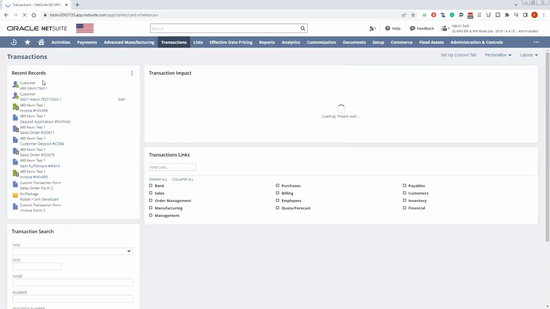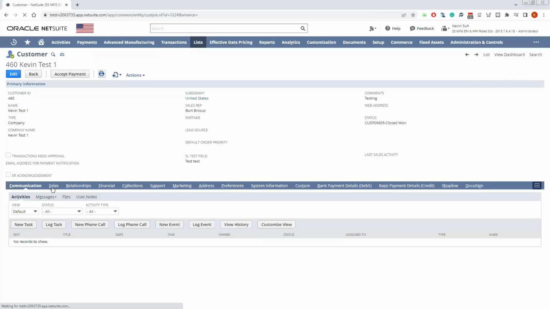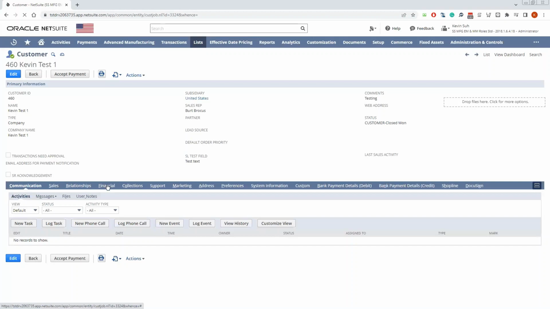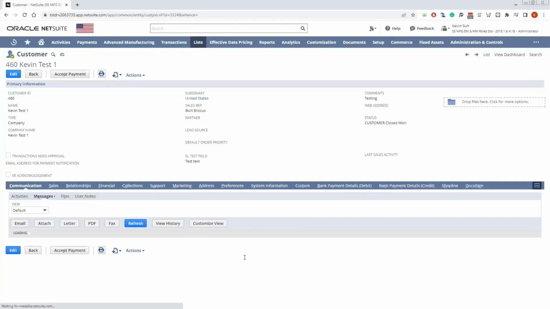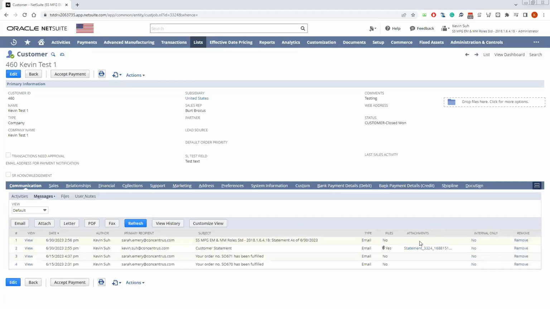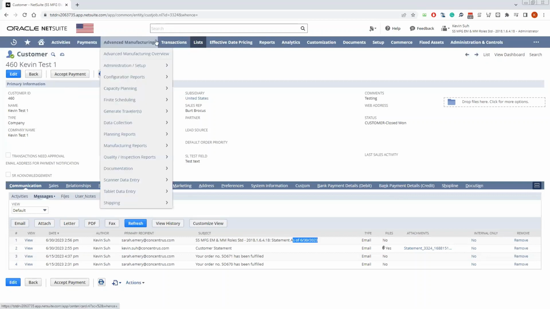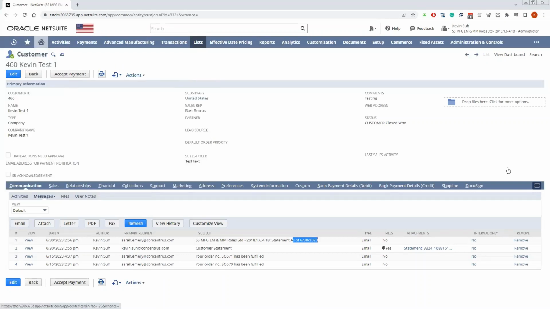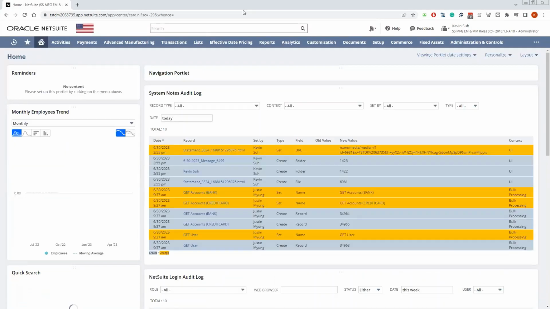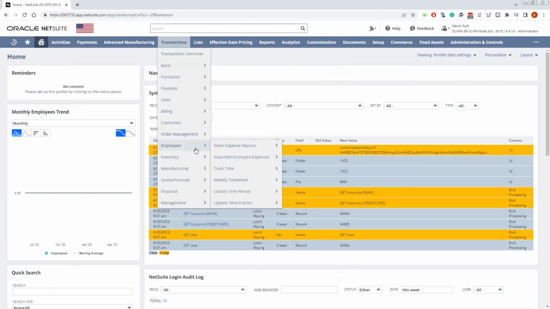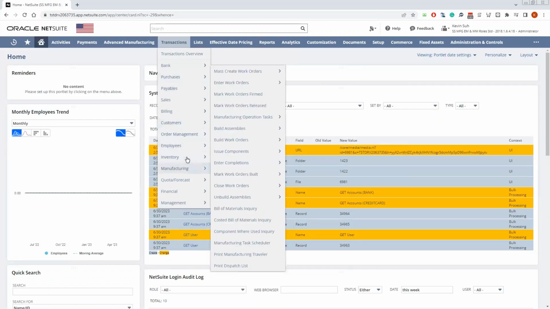This will also email the customer. So if I go back to the customer record again, you can see that another email has been sent out, statement. And if I go back to the generate in the same way, I go to the customer again,